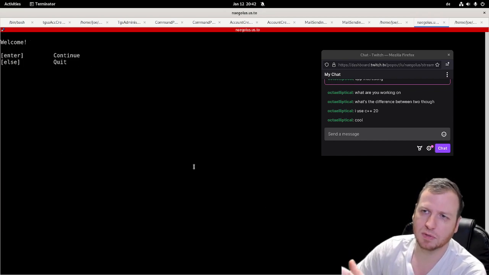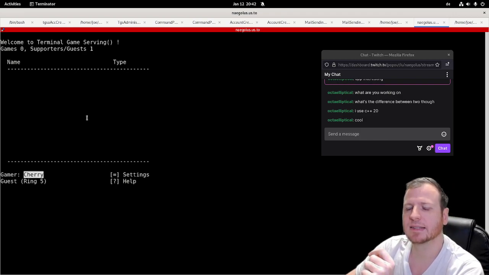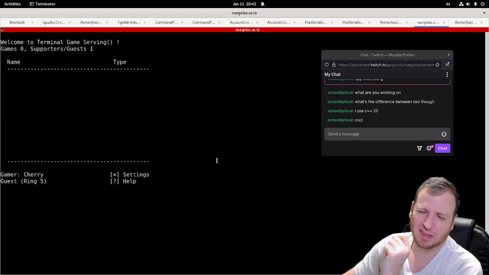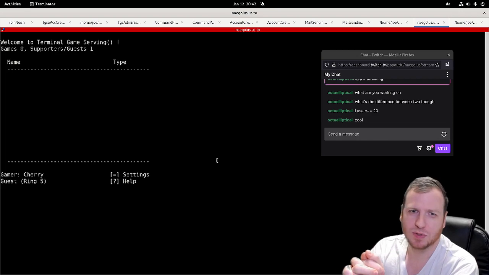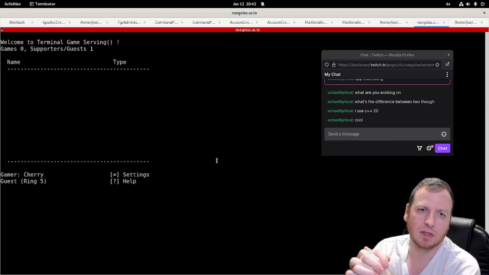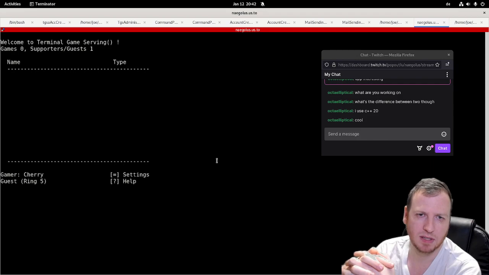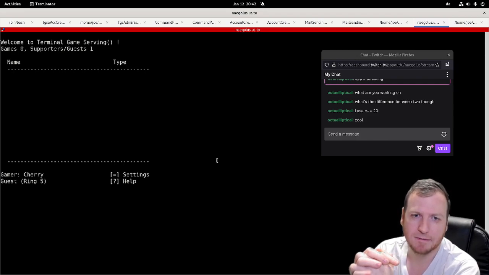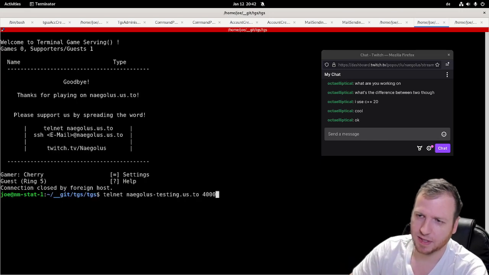So if you use the Telnet client, then you connect as a guest and you get a random gamer name, and guests will not be able to use the chat because of the spam stuff. Everybody could connect and type in some strange stuff, and because of that we have